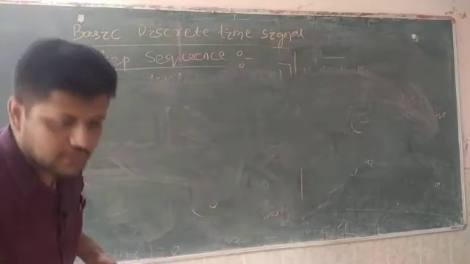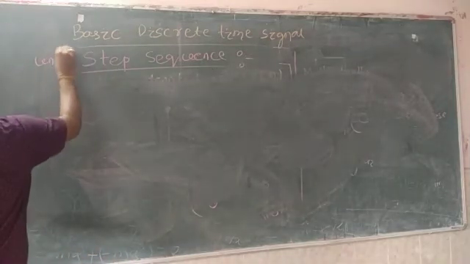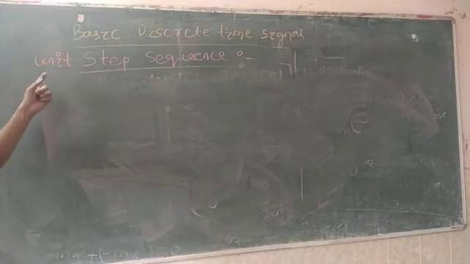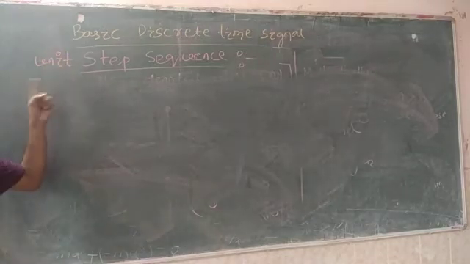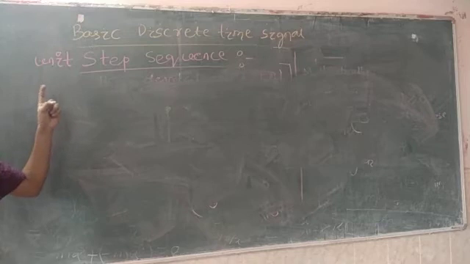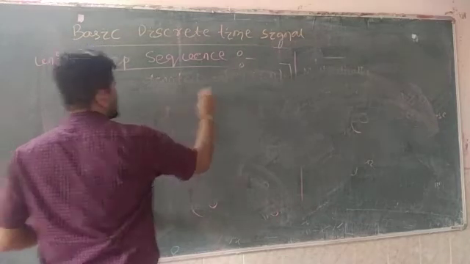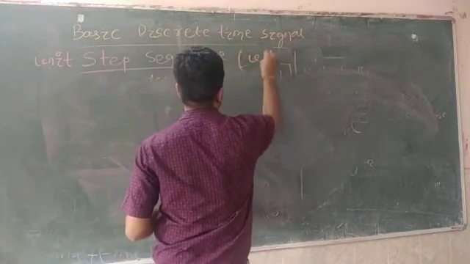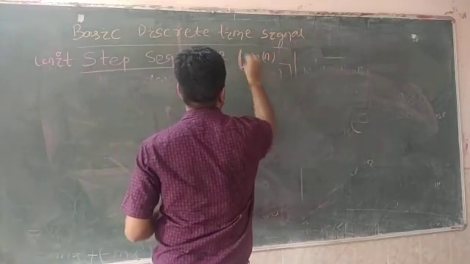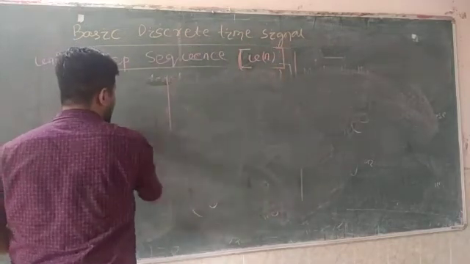That is, under this the special case is here, that is known as your unit step sequence. The moment I say unit means 1. That means instead of writing A, the amplitude is A equal to 1. When the amplitude value is equal to 1, then this sequence is known as unit step sequence. So how we will denote this? This unit step sequence is denoted as only U of n. And how we will draw it graphically?